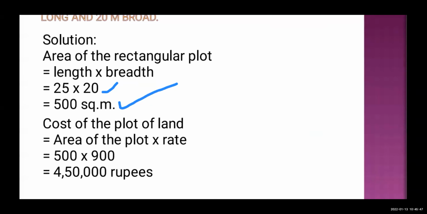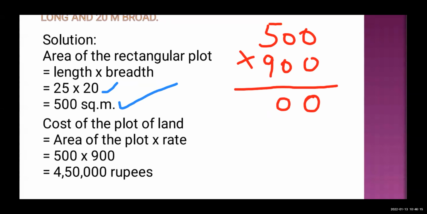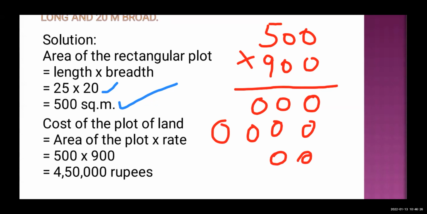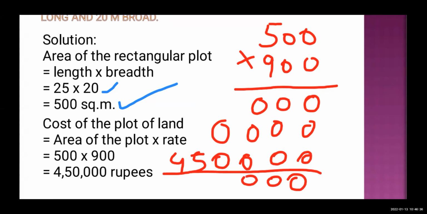Our statement will be cost of a plot of land, that is area of a plot should multiply by the rate. Area of our plot is 500. 500 is to be multiplied by 900. See here the multiplication, 500 should multiply by 900. Now multiply: 0 0s are 0, 0 0s are 0, 0 5s are 0. According to rule, 1 0. Then we put two zeros. 9 0s are 0, 9 0s are 0, 9 5s are 45. Add it, what will come: 0 0 0 0